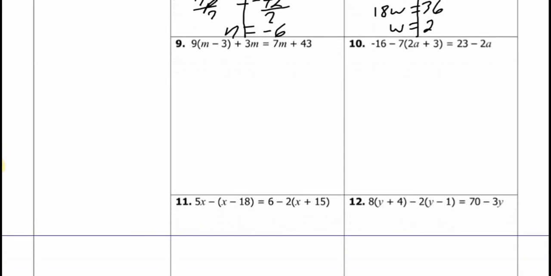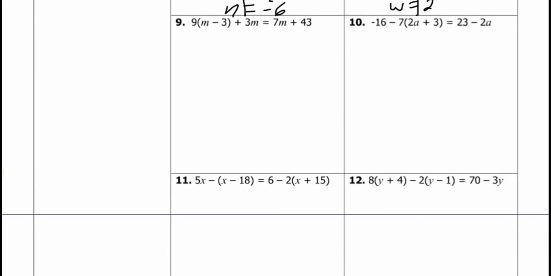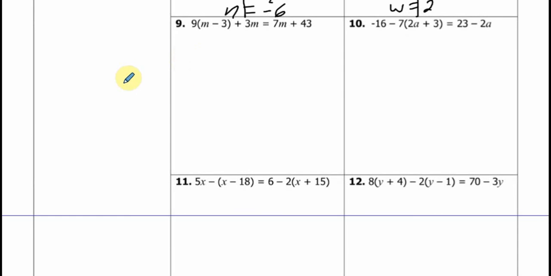All right. I'm going to give you guys a moment to do number 9. Okay. So let's see how you guys did with number 9. So we have to distribute first. So I have to do 9 times m and 9 times negative 3, because I have a 9 outside of a parentheses. It's multiplication, so I'm going to multiply. So I have 9m, 9 times negative 3,